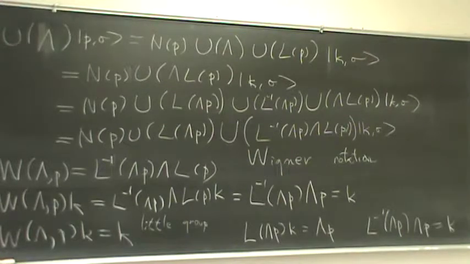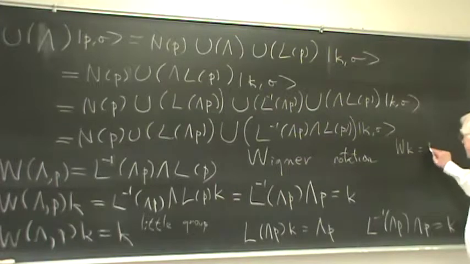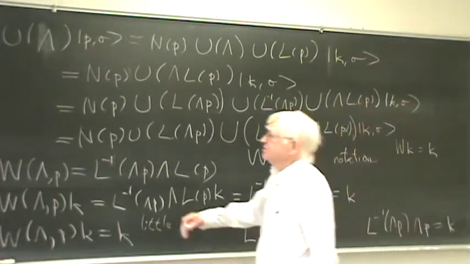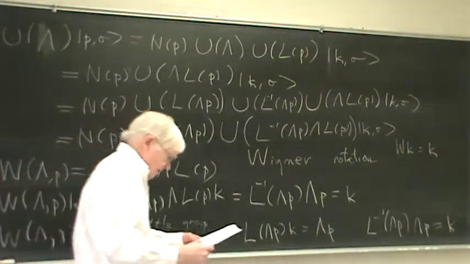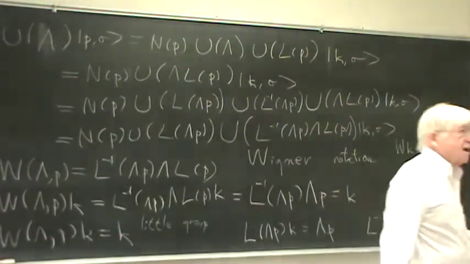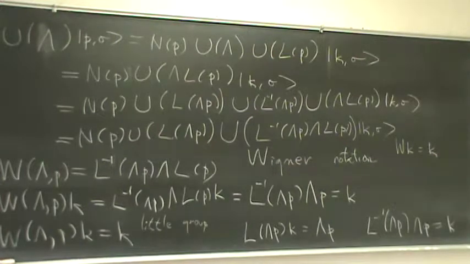So this is called the little group. And once again, the little group is such that WK is K. Massless particles, this is K. Massive particles, that's K. Okay, now what is this little group like? Well,